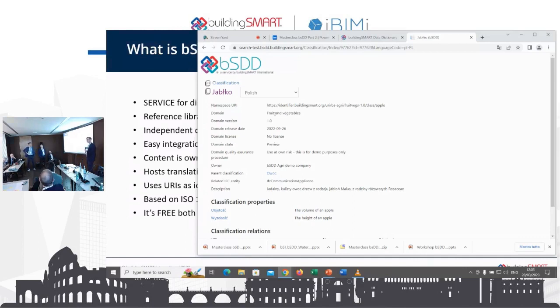But it could also mean something different for a different use case, and that's why we have those relations to other classification systems. So yes, this data is available. We uploaded this to demonstrate, but we have many organizations uploading their content as we speak. So this is accessible. Thank you.